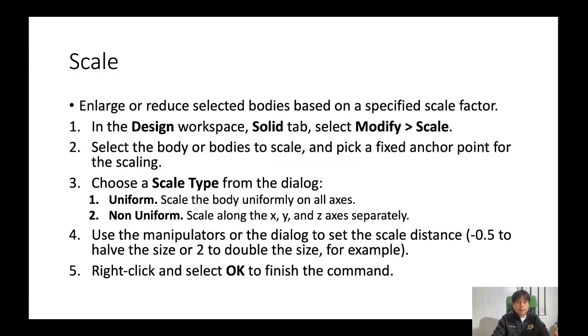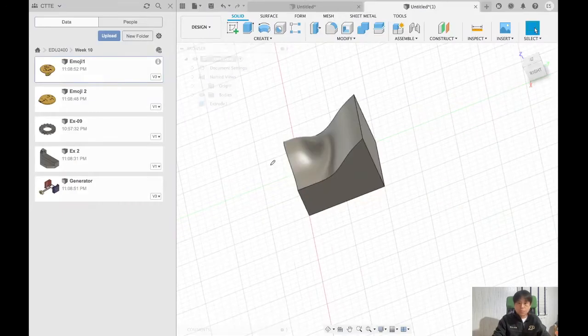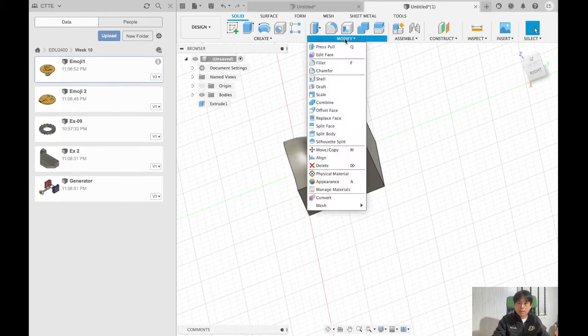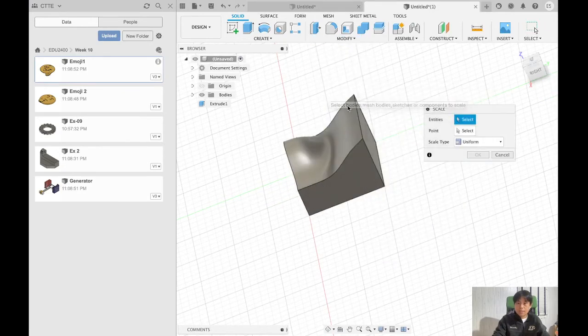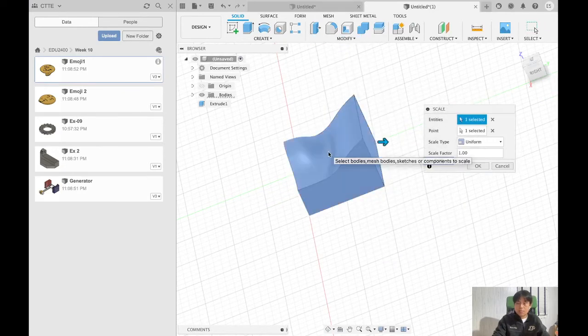And then the next one is scaling. So scaling means you can change the size of your object. So by selecting this menu, design, and solid tab, and modify and scale. This is simple, just very intuitive. So let me show you a very quick tutorial example. So let's use this object. So I'm going to scale up this one like 2 times by clicking modify and scale, and select this object,